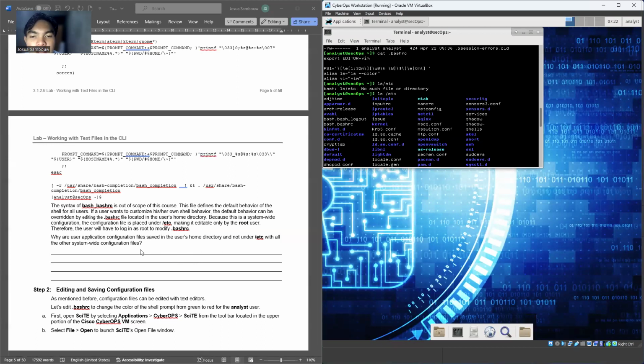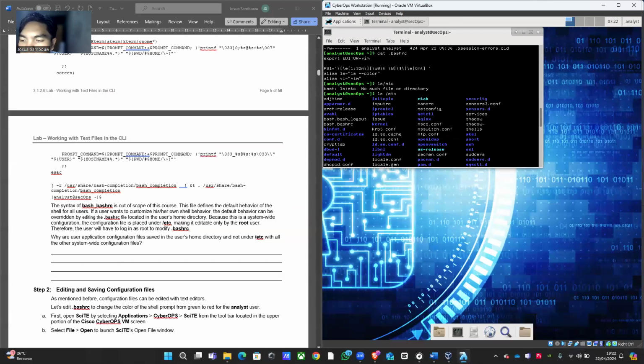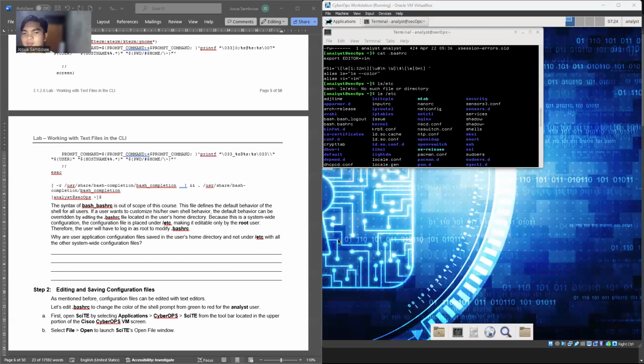Why are user application configuration files saved in the user home directory and not under the directory where the system configuration files are saved? Jadi kenapa application configuration file saved in the user home? Kalau kita lihat di sini user